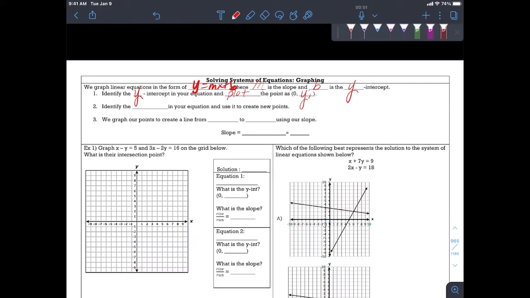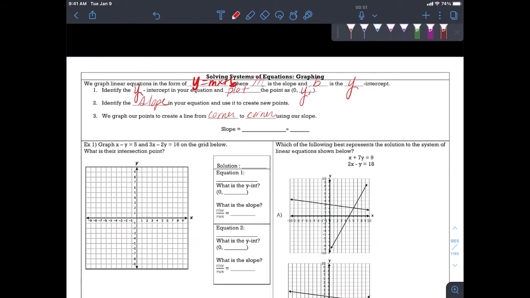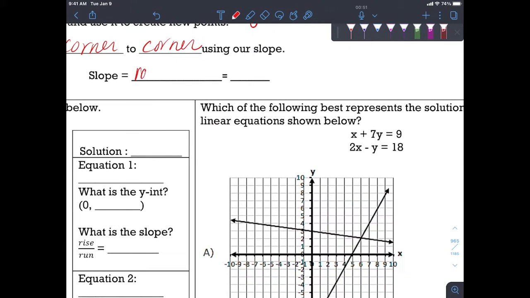Then I'm going to identify the slope in my equation and create new points. I'm going to create these new points by moving from corner to corner of the boxes, utilizing my slope. And of course, as you remember, my slope is also called rate of change,